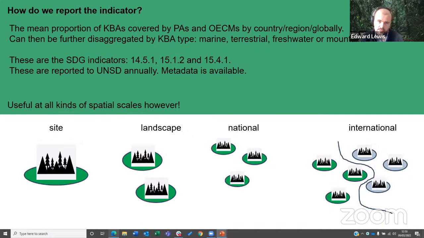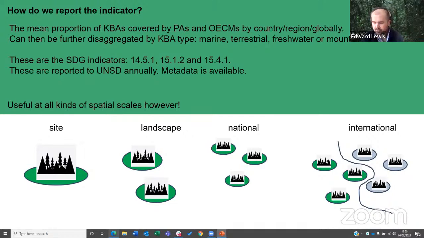So you may have seen these pop up elsewhere, and the specific indicator numbers are put there. These are reported to UNSC annually, and that's why I said this tends to be an annual frequency at the very least. Now, there is metadata available. Matea mentioned that earlier, but there is also metadata available for those specific indicators through the SDG metadata template, which of course speaks the same language, makes the same points, but is slightly different.